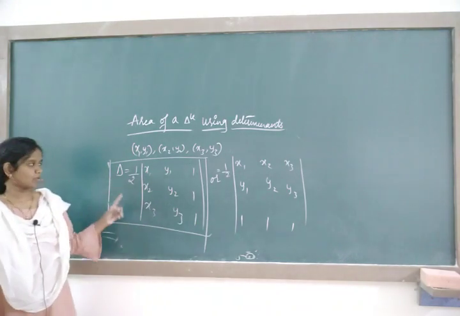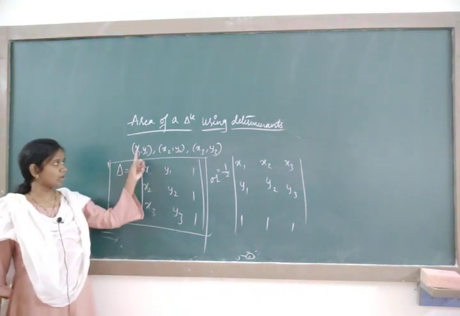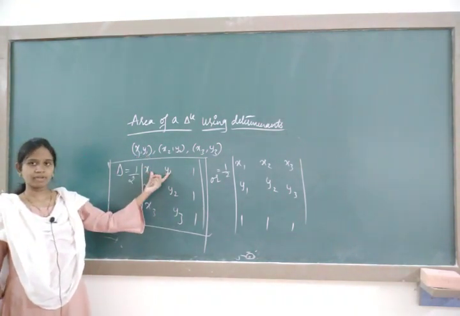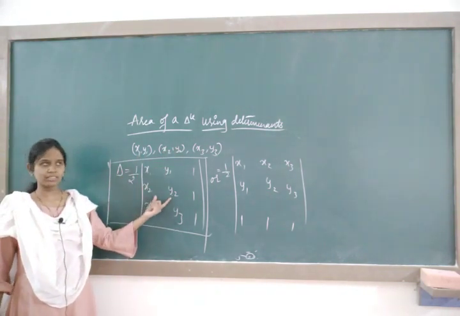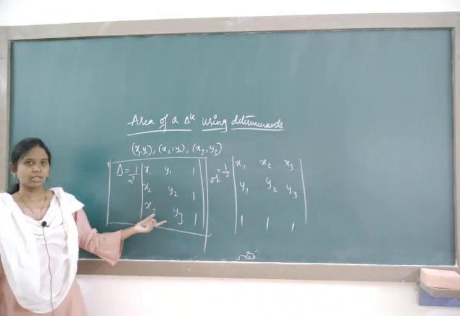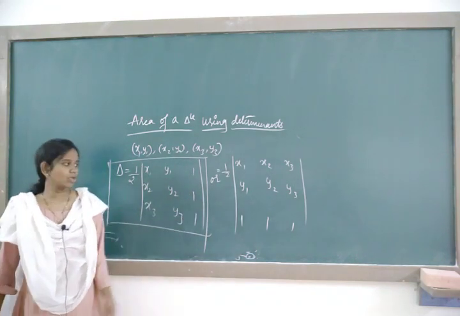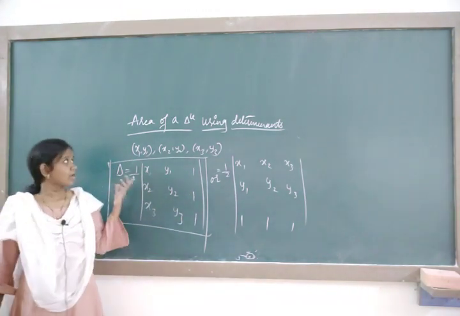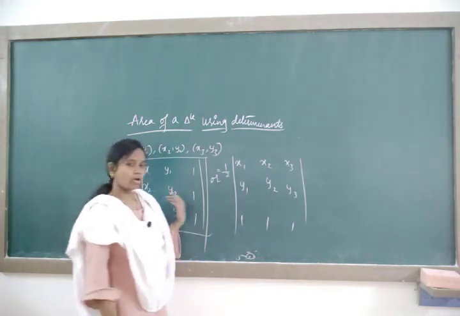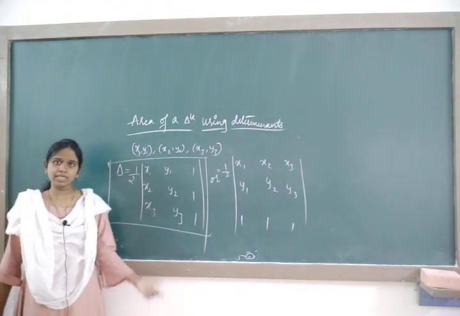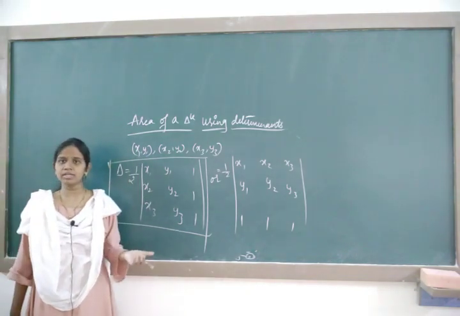So how to remember this formula? Take a bar, write x1 y1, x2 y2, x3 y3. The coordinates are written the same way: x1 y1, instead of a comma you leave a space, next x2 y2 as it is, next x3 y3 as it is. Now what remains is the third column, write it as 1 1 1. Based on this we are going to solve the problem, and our heading was area. Area is always a positive value. On expansion of the determinant, if your value is negative, you still have to consider it as positive, because area is always measured as positive.